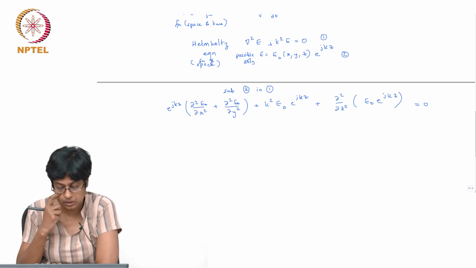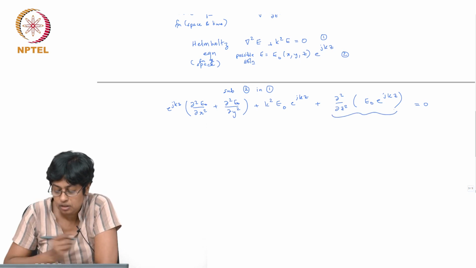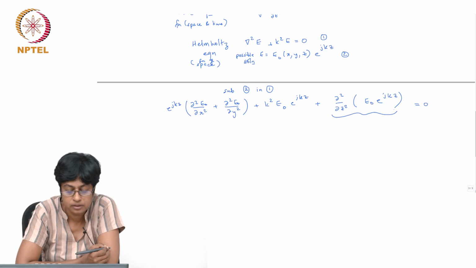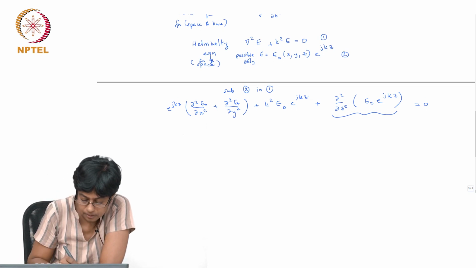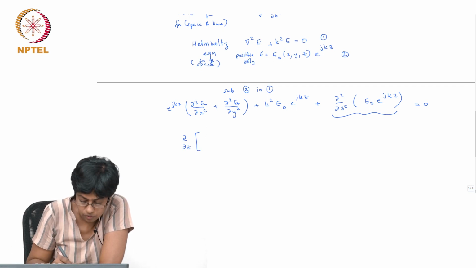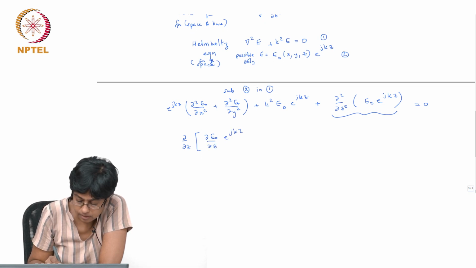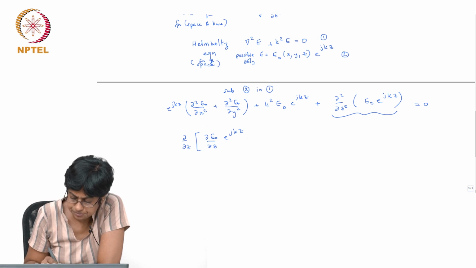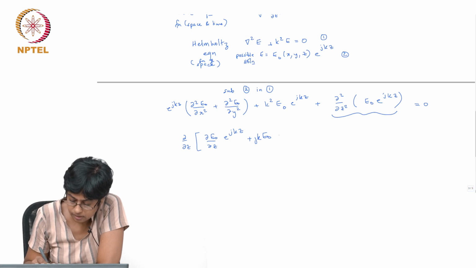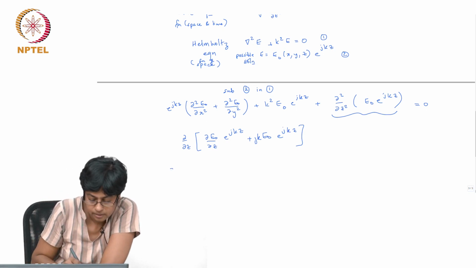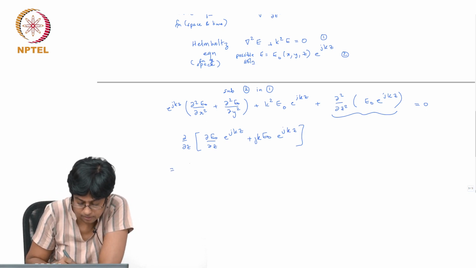Right? This is equal to 0. So I can just concentrate on this part for the moment, and that is going to be nothing but ∂/∂z of the first derivative of these. So I'll have ∂E0/∂z e^(jkz) plus E0 jk e^(jkz). And if I take this derivative again, I'll have ∂²E0/∂z²